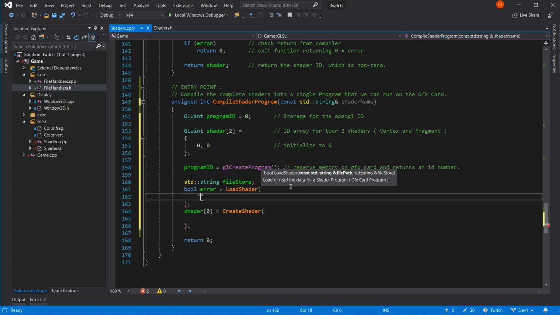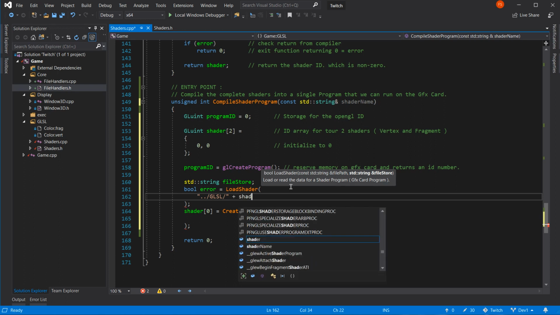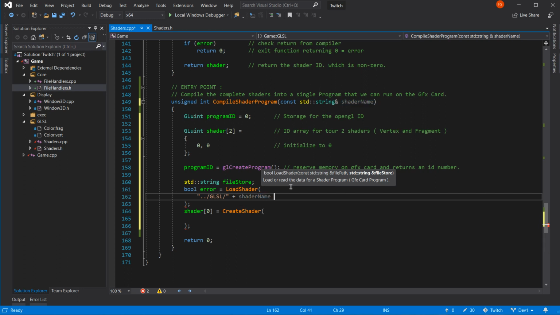So it'll be /glsl/ plus shader name plus .vert.